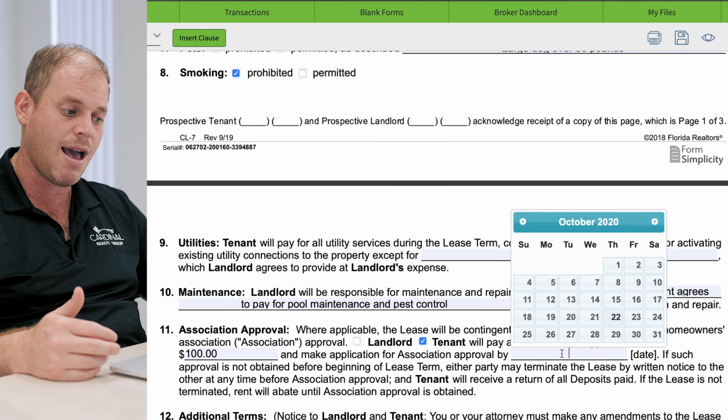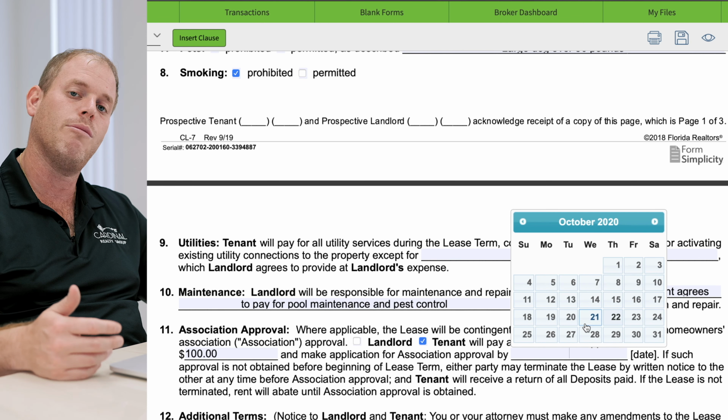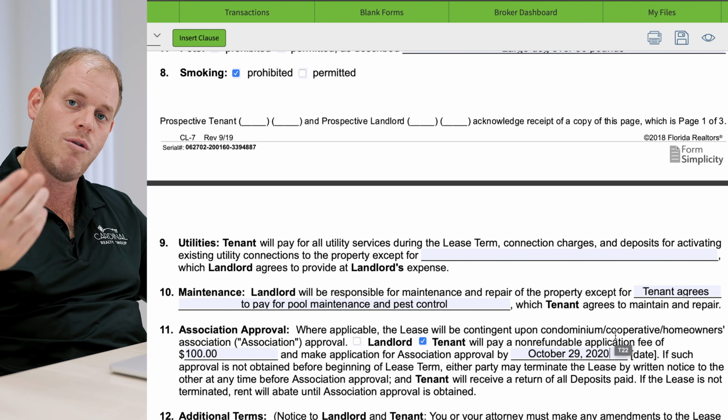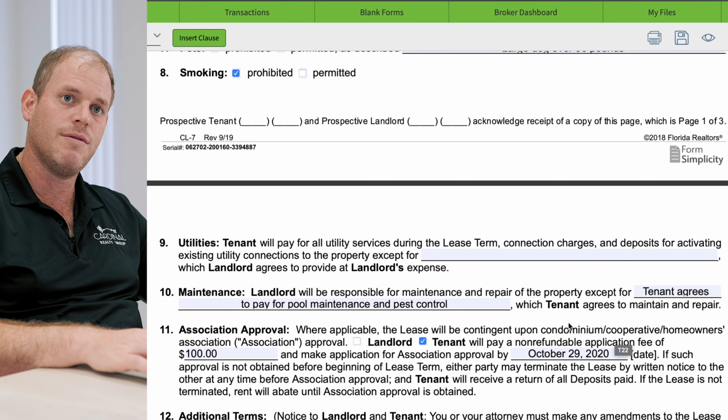Like I've mentioned in my other videos, time is of the essence, guys. There's never any time to sit around and wait. Okay, when you have a real estate transaction or a lease transaction, you need to move quickly. So if you have to apply for the association and you just made this offer and got it accepted, well, there's no time to wait. Even if today is the 23rd and you give yourself till the 29th to apply for the association, don't wait. Don't sit there. Get up. Go apply for the association early. Okay? Because time is of the essence.